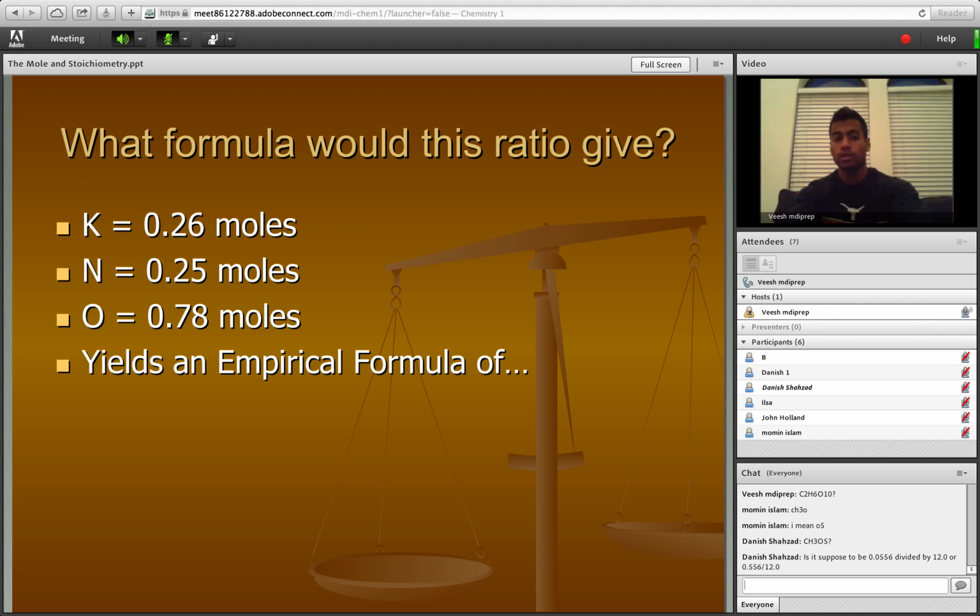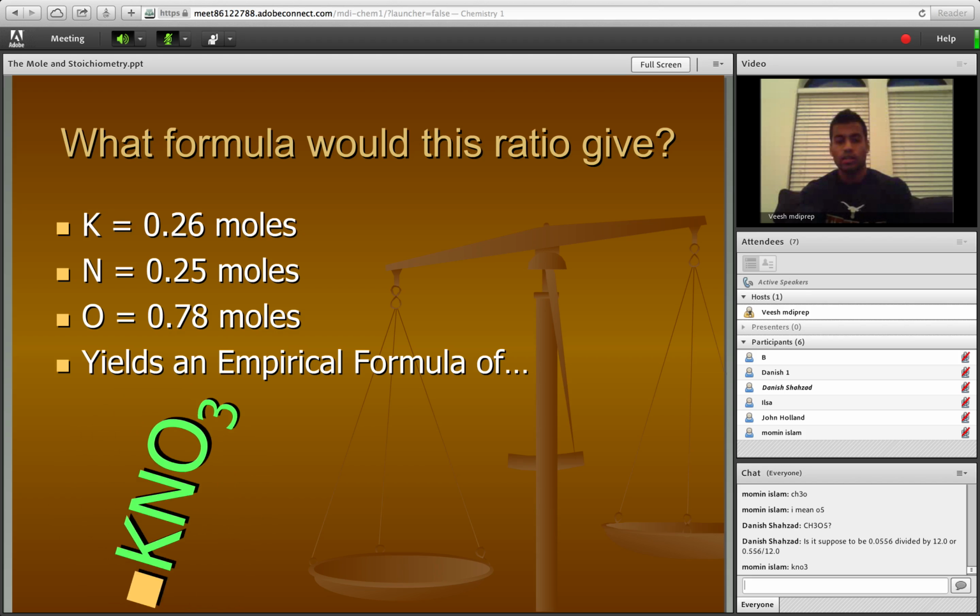Now, what formula would this ratio give? Who wants to take on this one? We've done 2 of them already, so it's the same process. Except this time you have 3 of them. But based on that, you can,